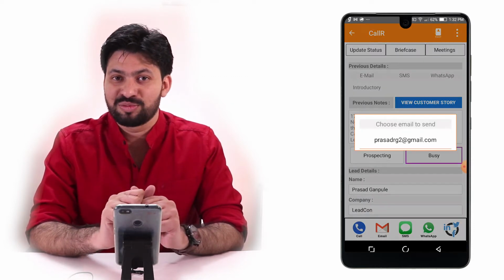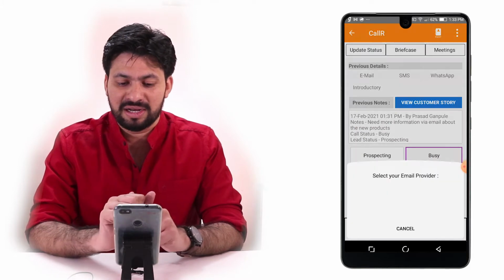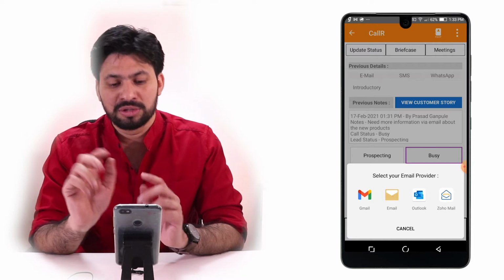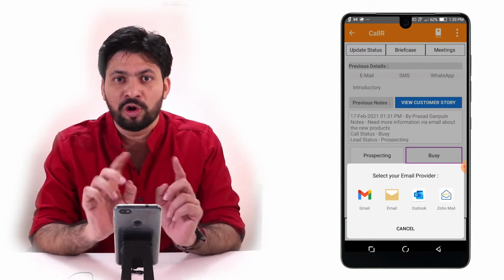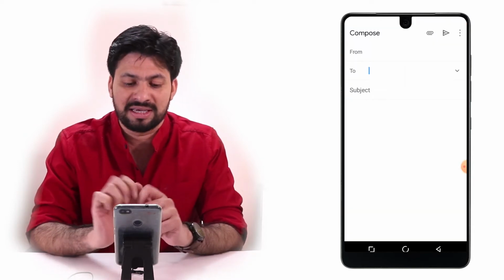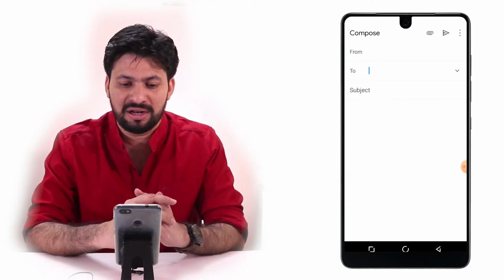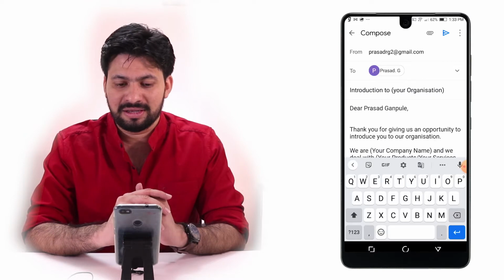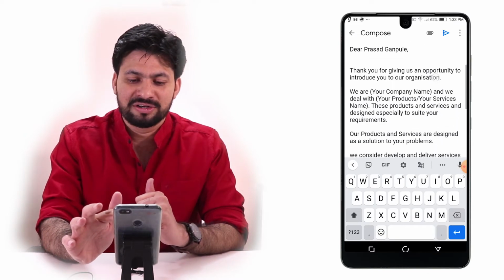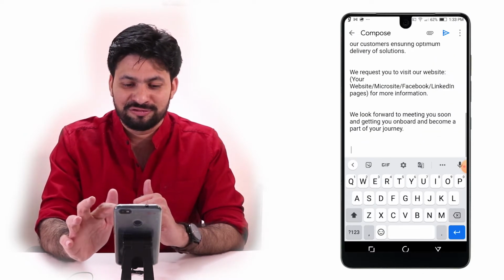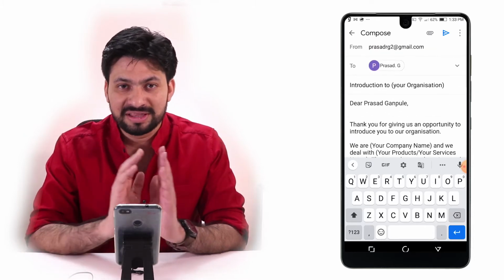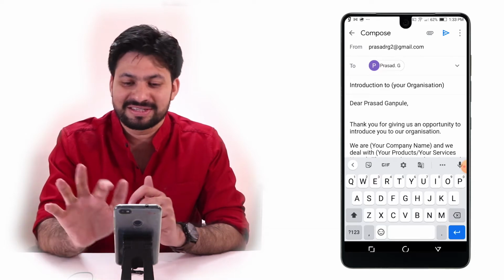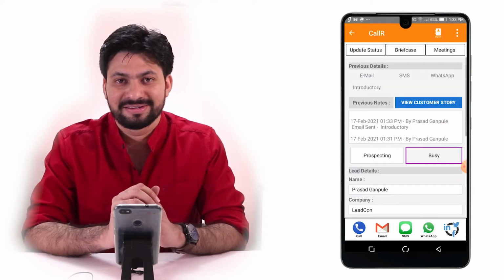You can see it asks me for an email address. I choose the email ID. In your case, it might take you directly to the email, or it might give you a pop-up with all the different email clients. I choose the email sender through which I wish to send the email. You may choose yours. Once done, we are already in email, and you can see all the different details of the email with the name. Everything is at one place. I just have to press send, right?